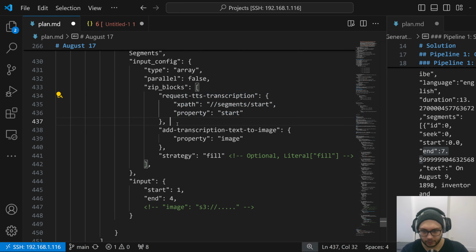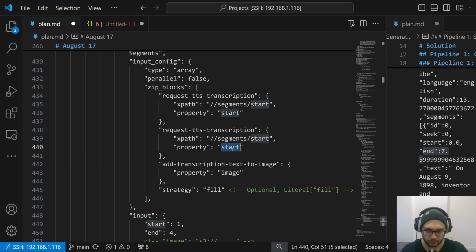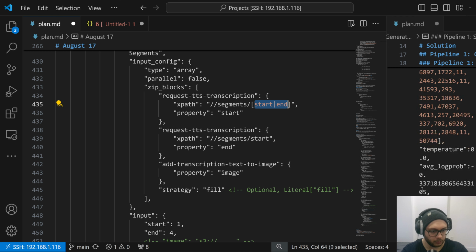And then I can copy paste it and call it end. I don't like it, but we have what we have. Maybe it can be done with a start, end. It is possible,